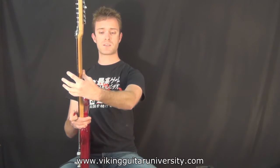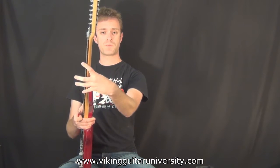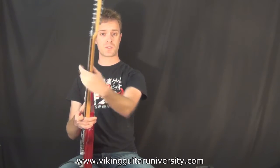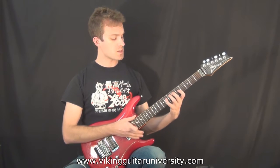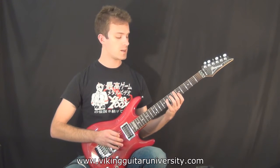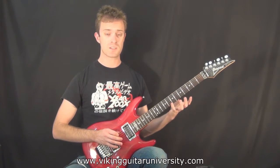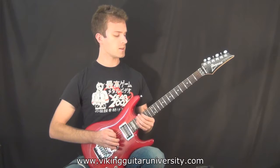Now with this riff, actually with all of them, I tend to prefer this hand position where my thumb is braced against the back of the guitar neck, and then I have more reach here, both lengthwise up and down the neck as well as across the fretboard like this. So I recommend using that, especially because you're going to be reaching your pinky all the way across here to the D string on the 8th fret. And that's a big stretch if you're just getting used to it. The guitar still feels awkward and it's strange. So once again, it's...